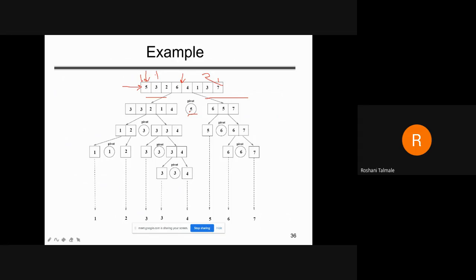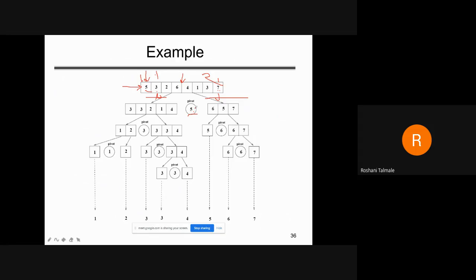We will compare the elements. So first, these elements will be compared. We will make this a j and this an I. Okay, this I consider as I because this is considered as the pivot element. Fine. So we will use this array. So initially what we will do, 7 is compared with 5.